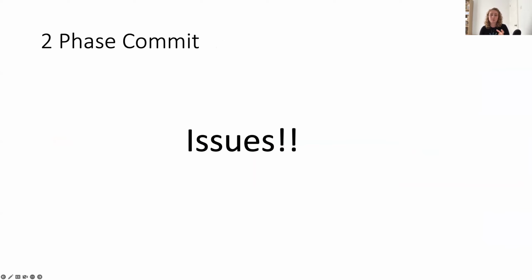The two-phase commit itself can be pretty slow because you've got to rely on quite a lot of communication. It's quite a chatty protocol. And you've also got this dependency on the coordinator. So you can have things like scalability and performance issues, especially when you're using microservice-based architecture and you have multiple services involved.